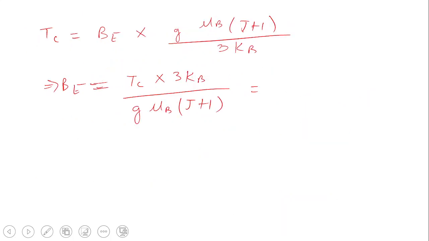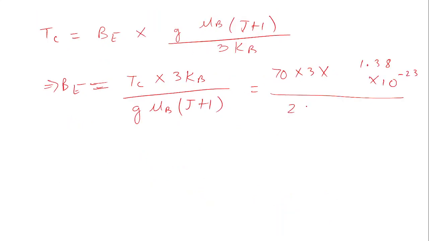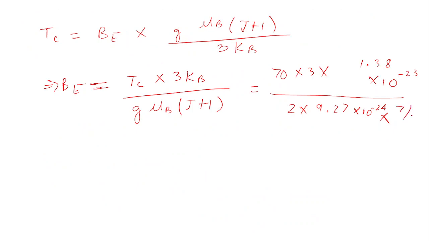Tc is 70 Kelvin. 3 times kB, which is 1.38 times 10 to the power minus 23, divided by g, which is given as 2. The Bohr magneton is 9.27 times 10 to the power minus 24, and j plus 1, where j is 5 by 2, so j plus 1 means 7 by 2. When I do this calculation,